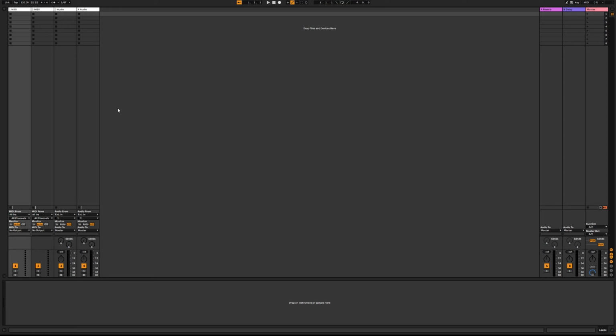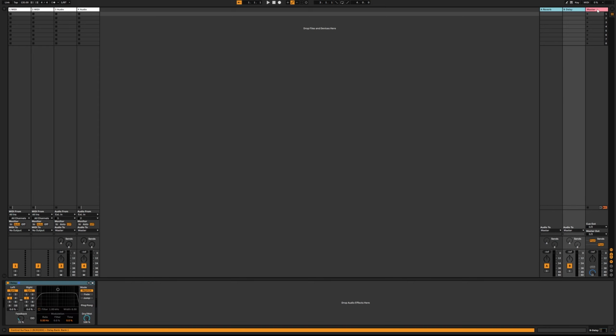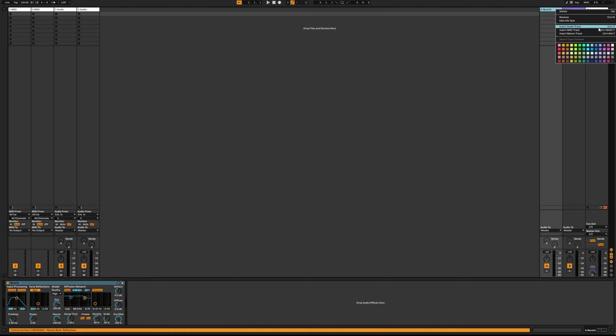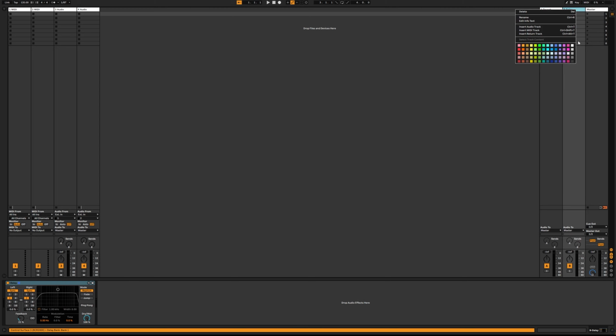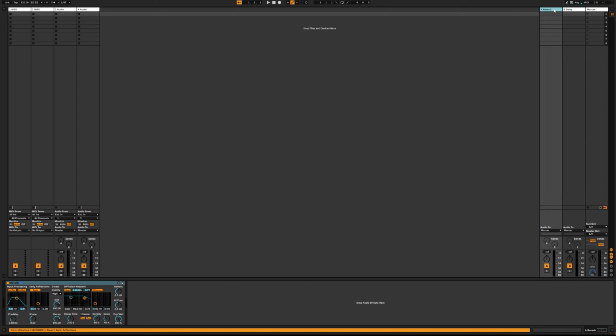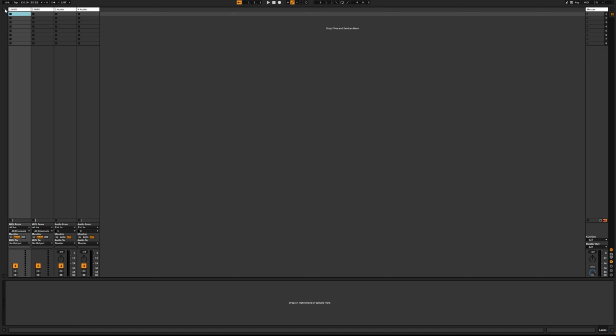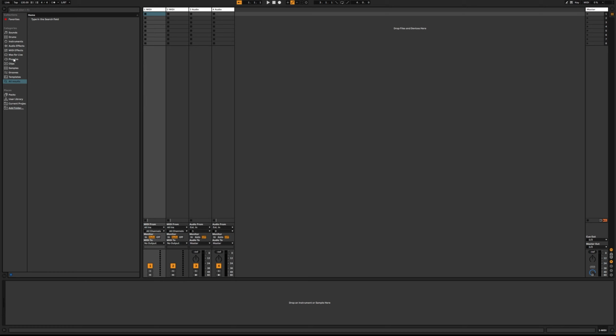Yeah, this is Ableton Live. It's the first day I have this new Live, and I don't know why these are so colorful, but I make them white because I hate it if they are so colorful, and I also delete the return tracks because I don't need them. So okay, this is a fresh start. I did not pay much attention to this, and oh, I miss my default Ableton, my defaults. Okay,